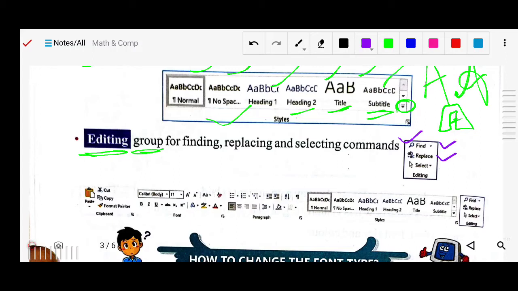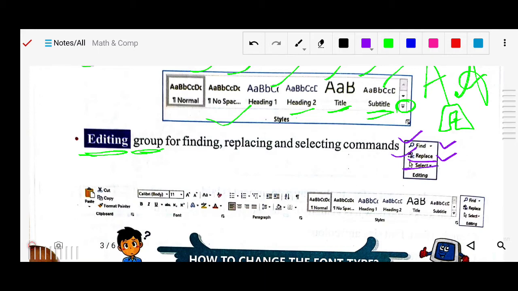You want to replace, suppose by mistake you have written India everywhere in the document you created, the simple word India, but you want to replace it with Hindustan. What you will do, simple, you go to the replace button, and there first you find India, and then all India will be replaced by Hindustan. That is possible.